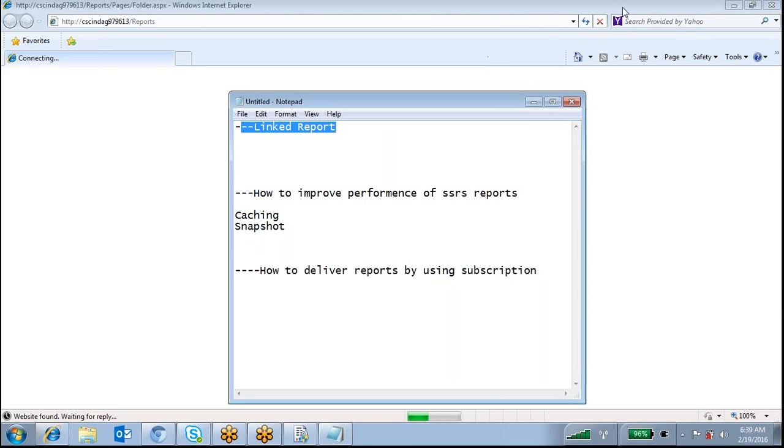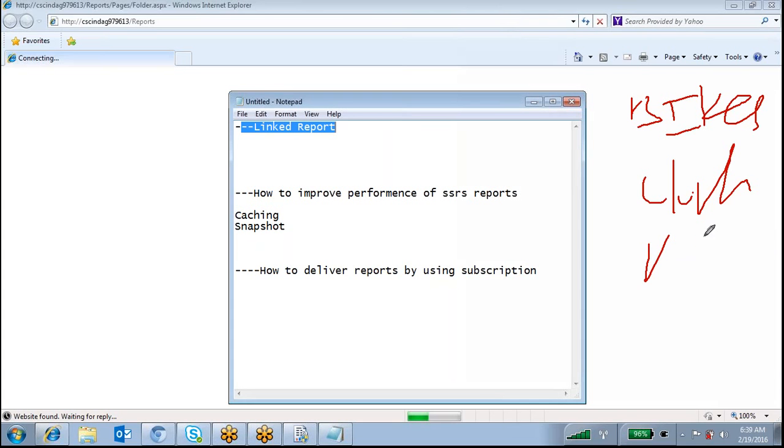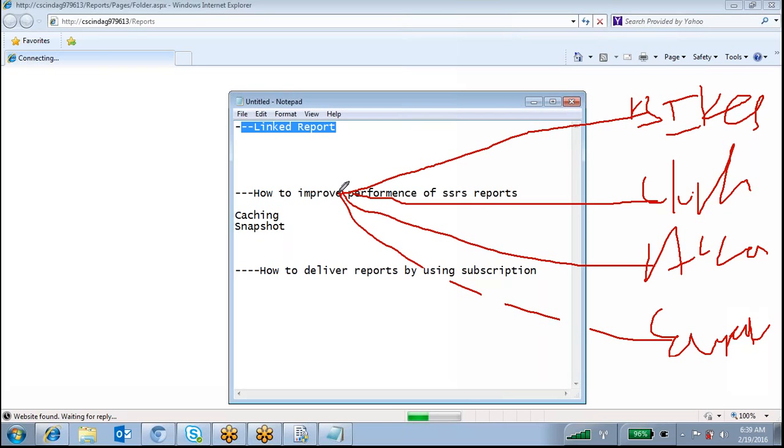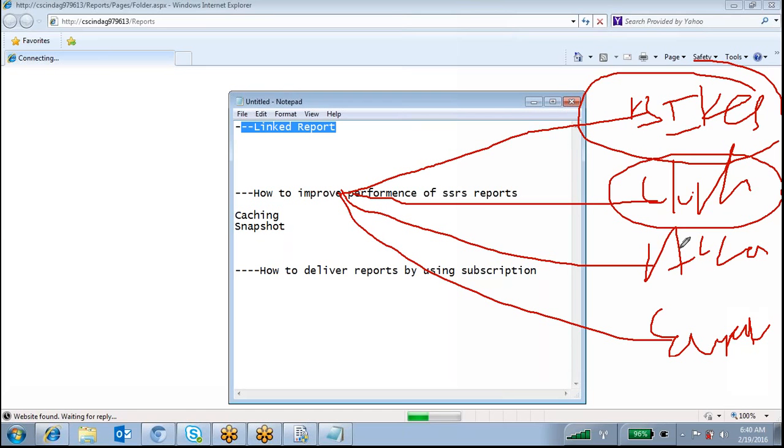different categories, right? So bikes category and clothing and accessories and components. So each category manager is different. Got it? So the bikes category sales manager is different, clothing category sales manager is different, and accessories category sales manager is different.